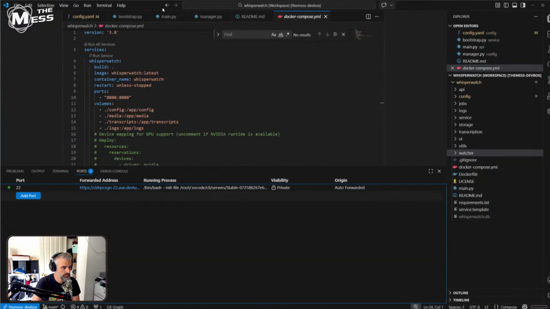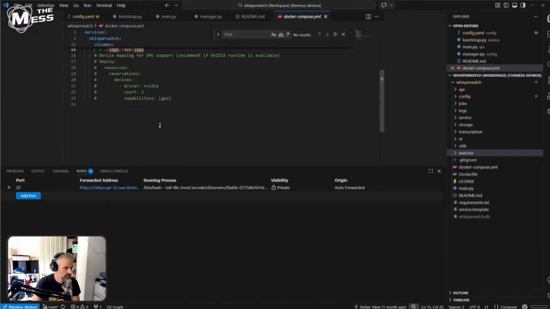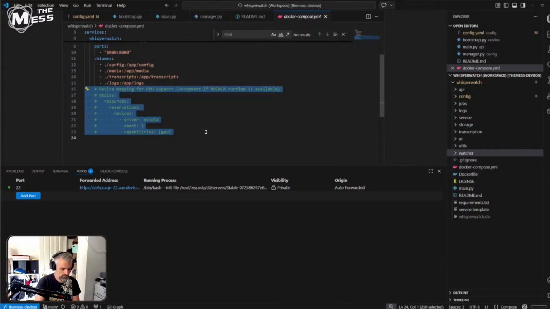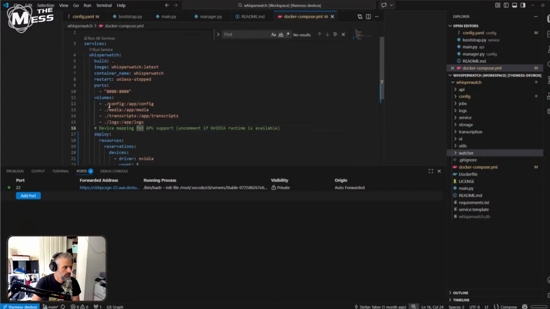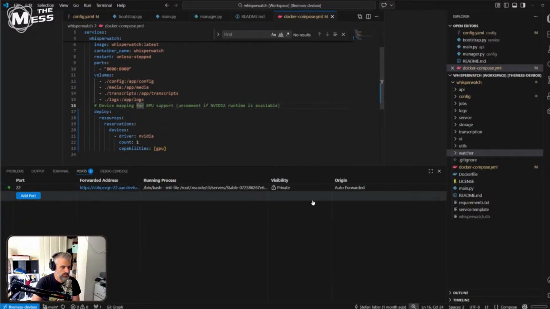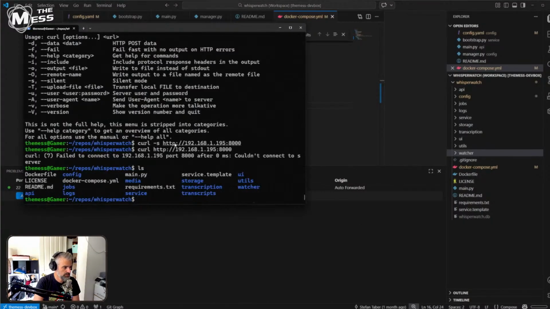So I wonder what happens. Let's just try this for the fun of things. Let us uncomment all the GPU stuff, and we are going to restart. For God's sake, sometimes I forget how many commands I've typed in. Docker Compose up,